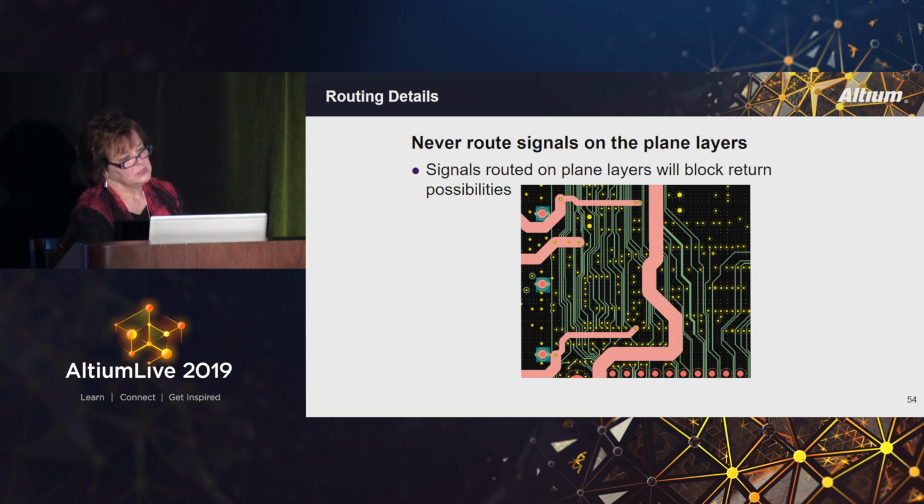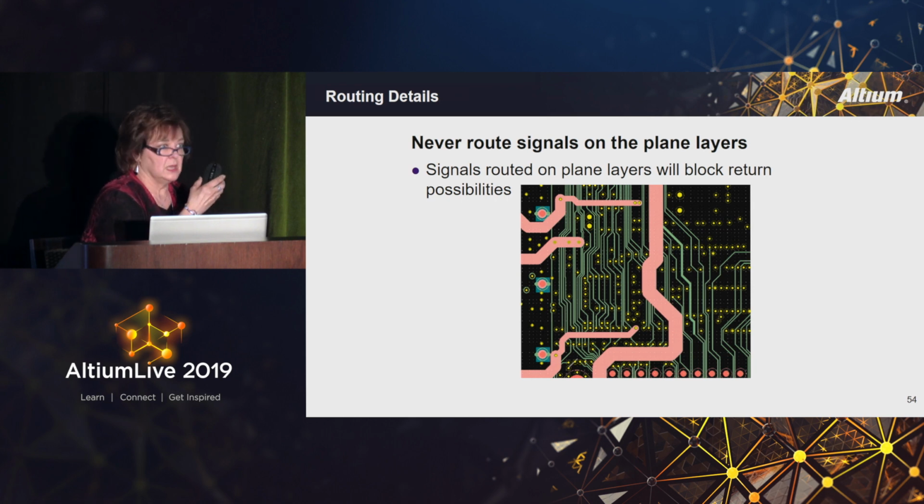Don't ever route signals on a plane layer if you're using that plane layer for return. This is an example from a person that I used to work with. He ran out of room and he decided that he was going to route some big heavy traces on the plane layer. So what you're looking at is the green is a signal layer and the pink is a plane layer